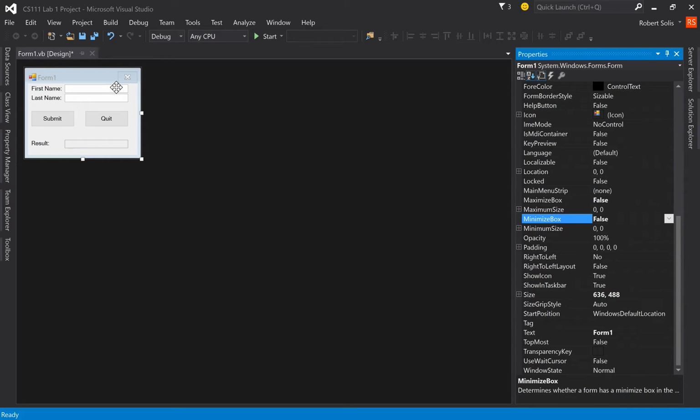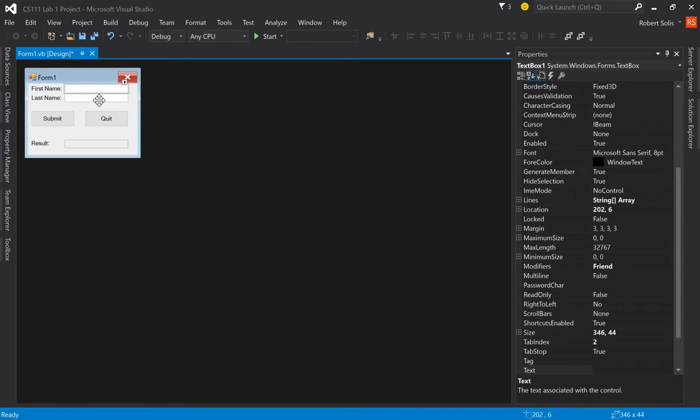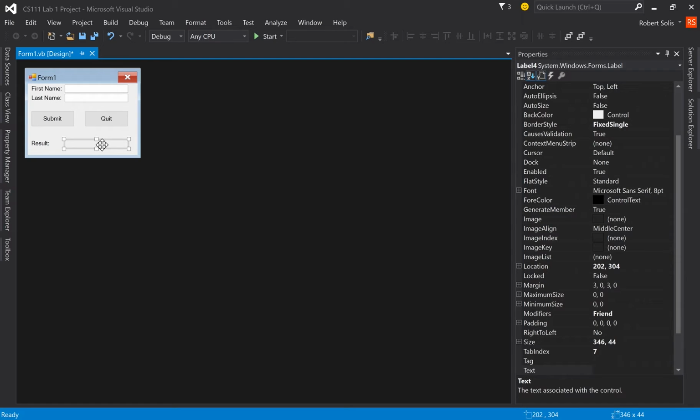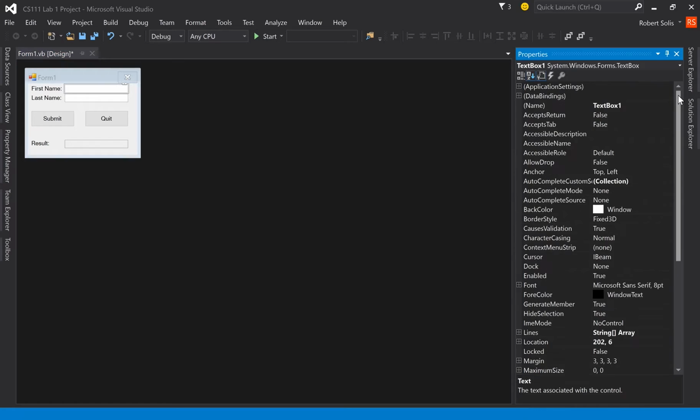Now I'm going to have you name these in accordance with what's called the Hungarian notation. That just simply means that all text boxes have a prefix of txt, all buttons have a prefix of btn, all labels have a prefix of lbl. So I will select this text box, and I'm going to go over here to where it says name. Name is basically an identifier. It's the identifier for this particular text box. So let me double click. It already has an identifier that's called text box 1, but I'm going to rename it to txt, and then